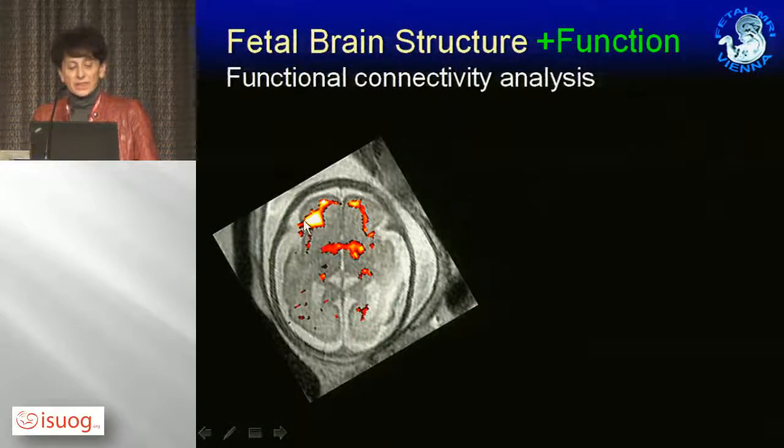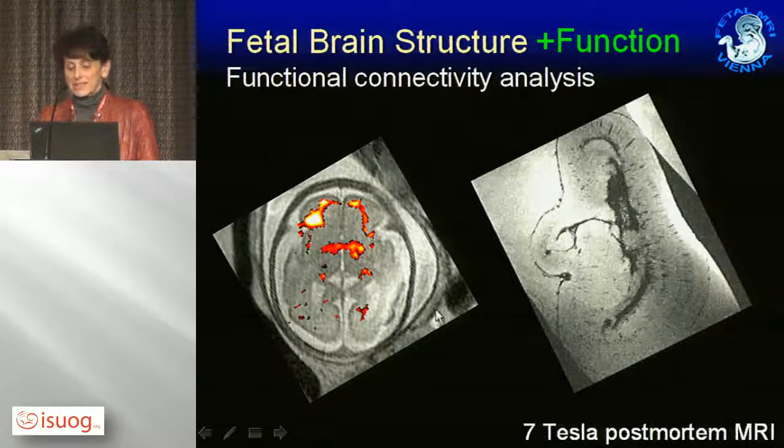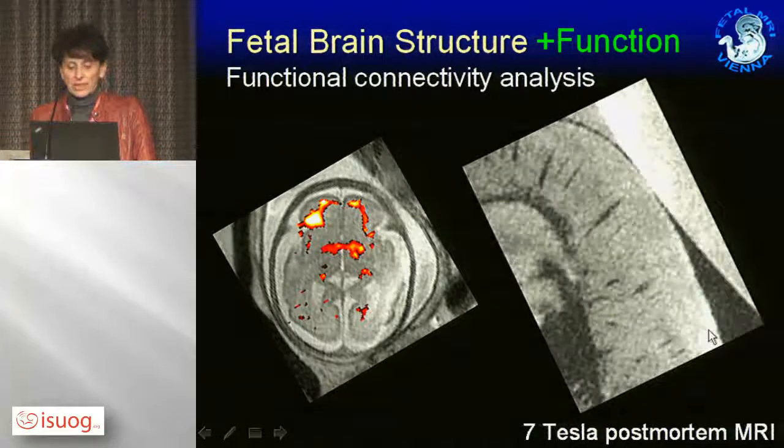Then we thought, well, we can only have activity where vessels are because the blood is flowing in vessels. So some vessels have to be there. And then we went to some of our postmortem studies we did at 7 Tesla, and of course we also know it from histology. But you see exactly in this region we have the penetrating vessels, so it really could be true that we get a signal from there. But for the reviewers, of course, this argument was still not enough, but fortunately,